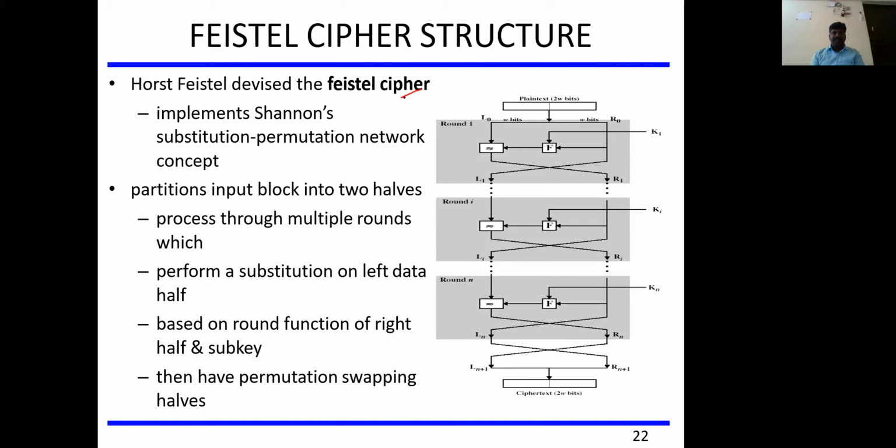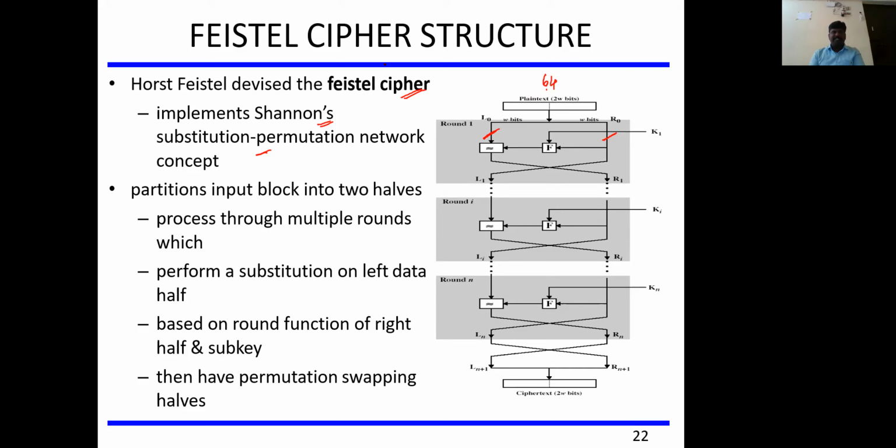Now this is the base for the Data Encryption Standard. This algorithm was introduced by Feistel, and it uses a substitution as well as permutation network. Whatever input plain text it takes is divided into two halves, the left half of the data and the right half of the data. Is it clear now? So I'm going to take a plain text. For example, say I'm taking a plain text of 64 bits.